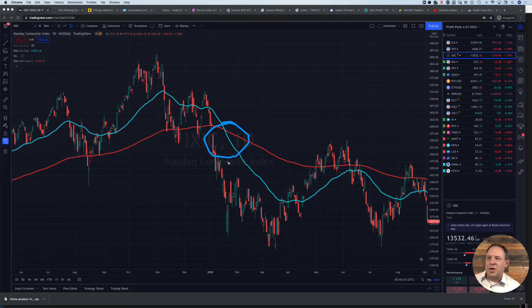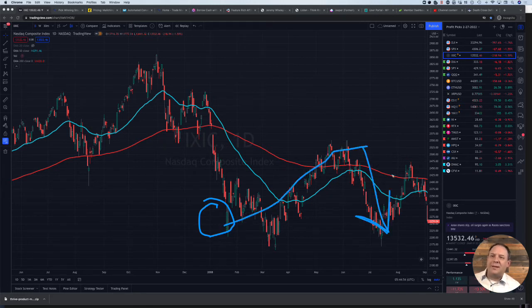It is true. In January of 2008, January 2008, the NASDAQ gave us a death cross. And while it did happen at the bottom of that cycle, so at that point it happened when the NASDAQ was about 2260-ish. And from there, we rallied, but we did continue a bear trend.